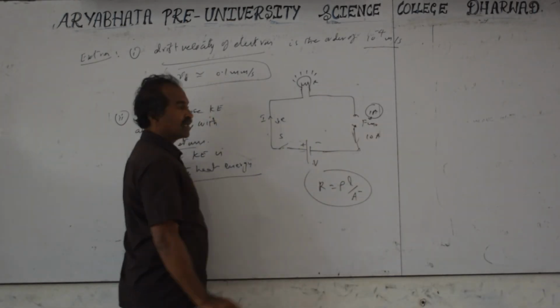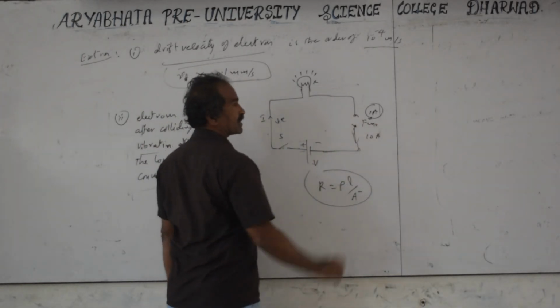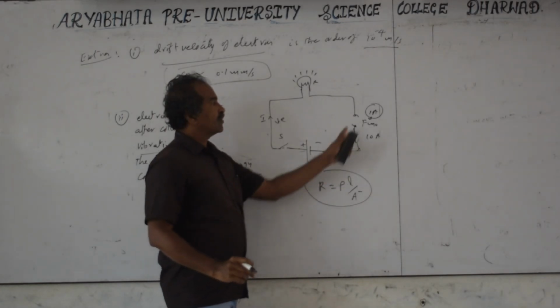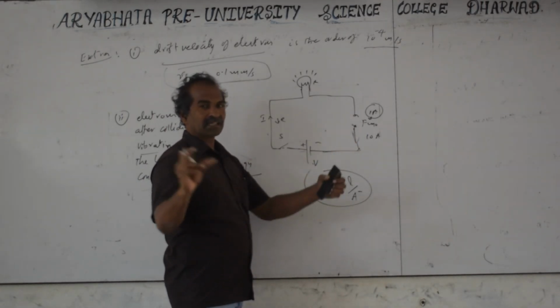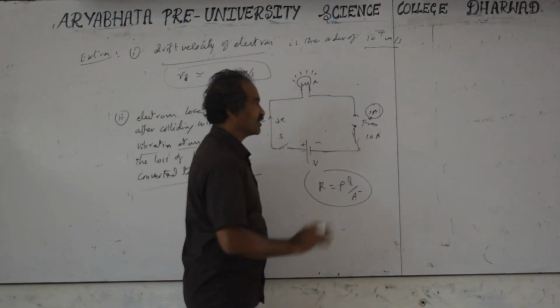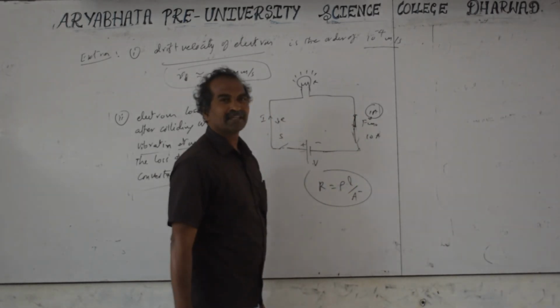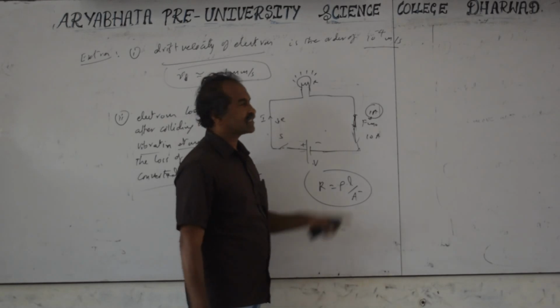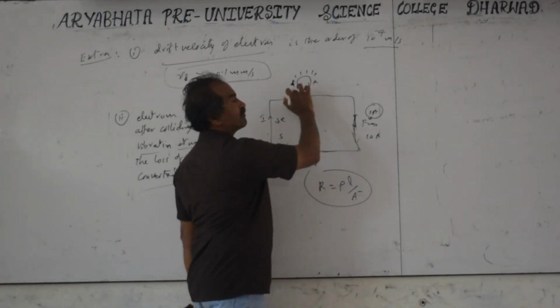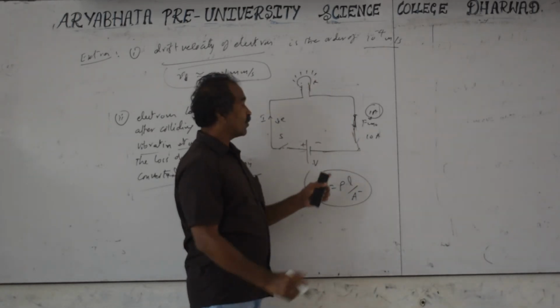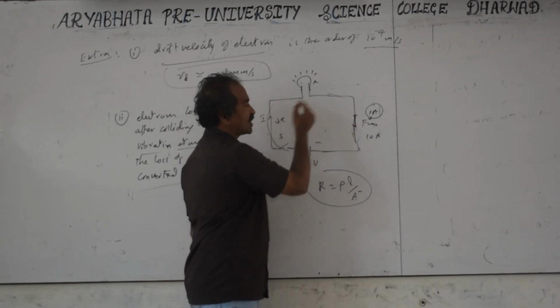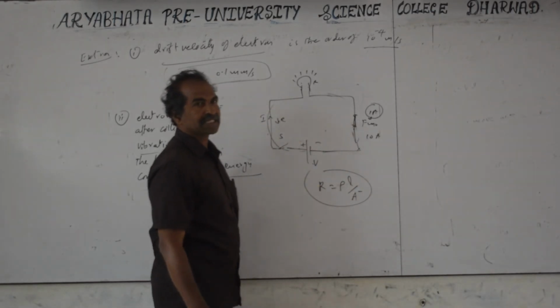Otherwise, what generally happens in some houses is that, instead of using a low melting point wire, every time it burns they take a very thick wire or put multiple wires. They should not do that. If you put multiple wires, there is no use of the fuse. You are making it a continuous circuit. Then instead of the fuse melting, the bulb will blow and the whole wire will be heated up. That is called a short circuit. About the short circuit we discussed.